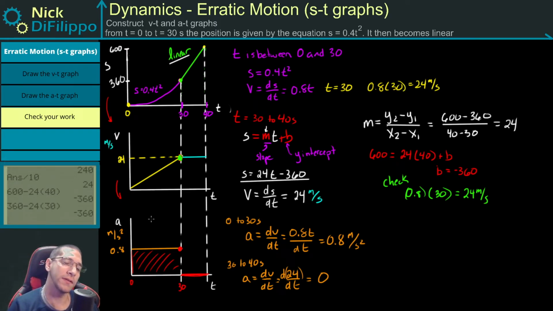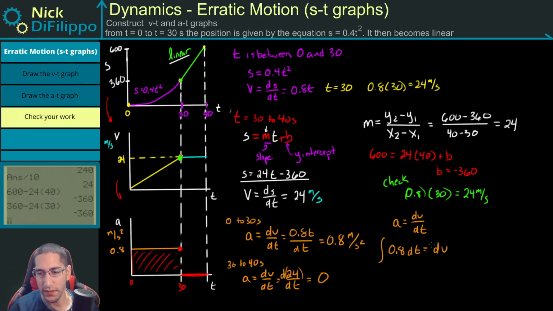I could also say this more formally, that since my acceleration is my change in velocity over the change in time, and my acceleration is 0.8, I can figure out what the velocity at 24 meters per second is. And this is going to be the integral